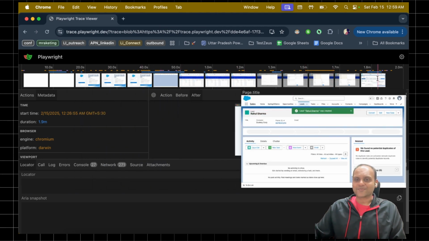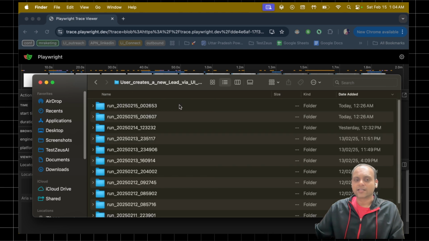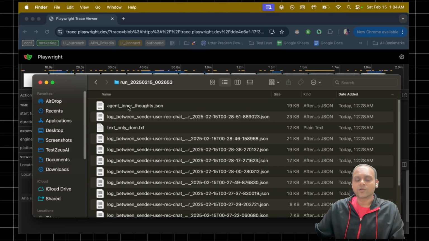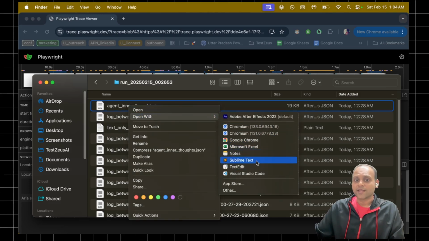Isn't that awesome? But wait, there's some more to this demonstration. So not only does Hercules generate the traces thanks to the capabilities from Playwright, we also capture the agent's thoughts as it goes through the execution of the test steps. So if you go inside the log file folder generated by Hercules, look at the most recent run or the test execution, you will see something known as the agent's inner thoughts. So if we open this JSON file, we can see